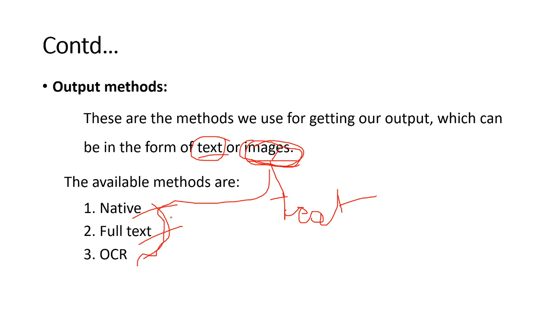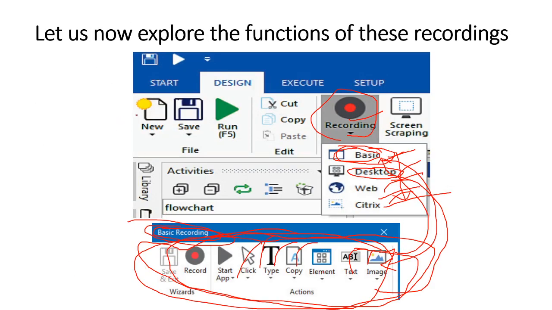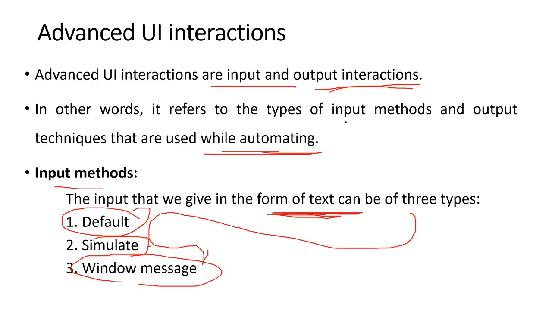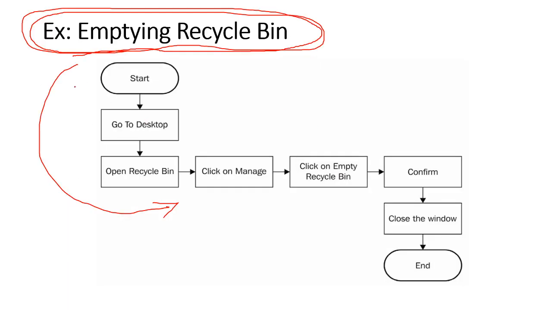Then we understood these types of recording at a high level, and we learned where we can launch the recording option in UiPath Studio, but practically I will explain in the coming class. And then we learned the different input methods and output methods that are available in the RPA platform or UiPath Studio. Right? Then as I said, in the next class we shall build a simple robot which will do a particular task or process on the application. With this I will end this session.